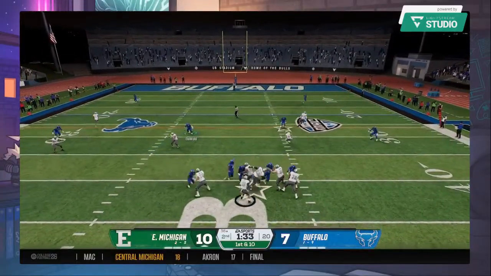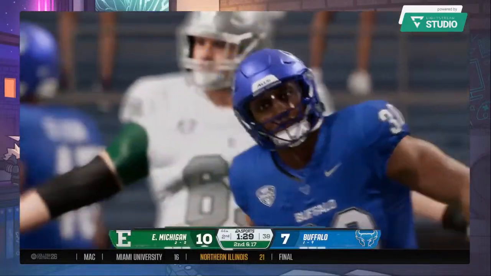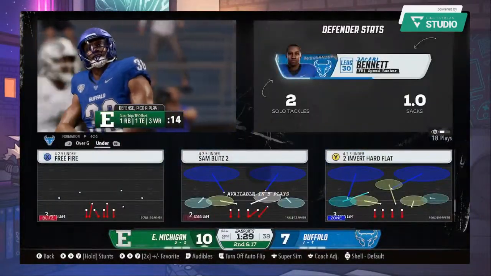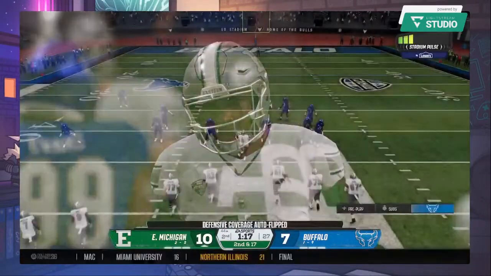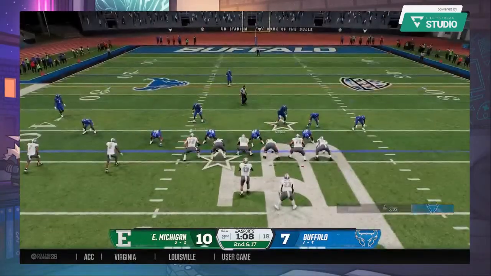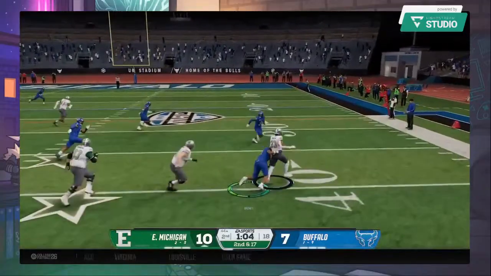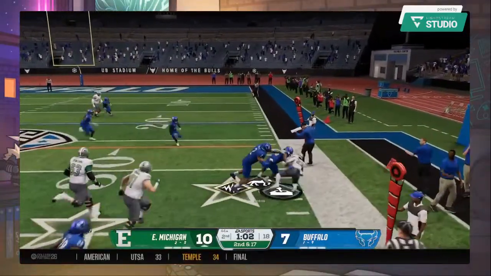Wants to throw on first down. Here comes the heat. And the defense picks up a sack, getting the quarterback down at the 44. And the defense needed that one badly. They're losing in this game. They just gave up a big play, so they finally get the sack, but you feel like they're going to need more than that. They're going to need some turnovers to get back in this game.